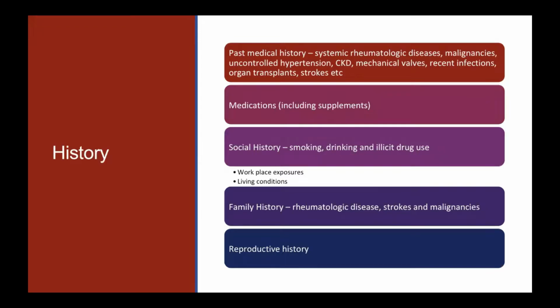So this slide is one of our more important slides, I would say. We already know that the patient has a history of connective tissue disorder and RA. We would always ask about patients' specific symptoms, such as other rheumatological diseases, such as lupus, any recent malignancies or a history of malignancies, and if they've been treated with any chemotherapeutic regimen previously, or any recent exposure to radiation, any uncontrolled hypertension at home, presence of CKD.